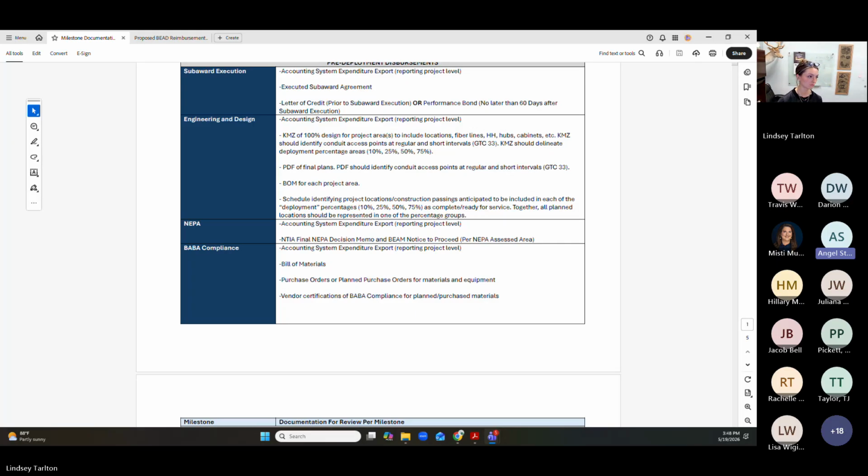So like Lindsay said, you can proceed to the construction reimbursement milestones for those areas that have received the notice to proceed. So in Lindsay's example, if half of your BSLs for that reporting project have received that notice to proceed, then yes, you can receive those reimbursements for the construction milestones up to, in that example, the 50%.